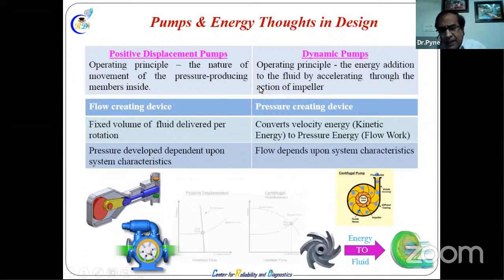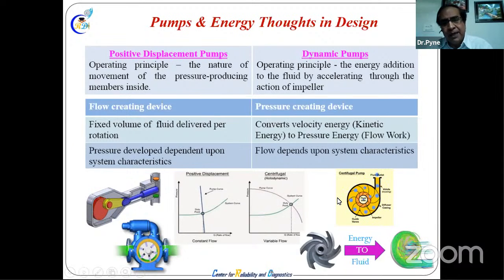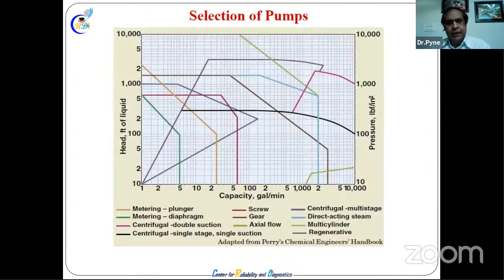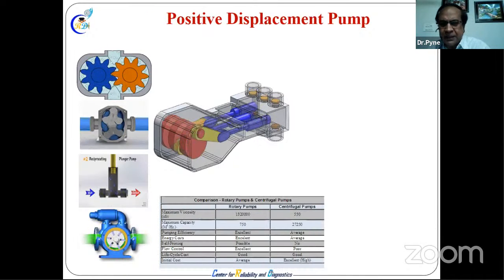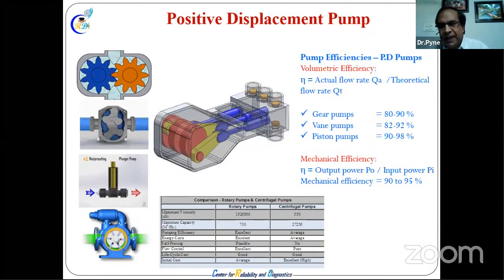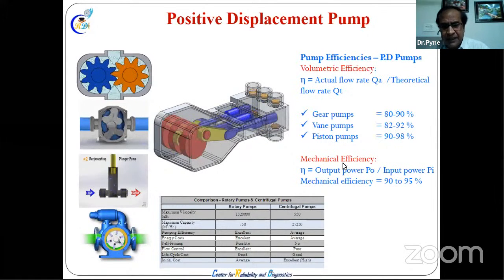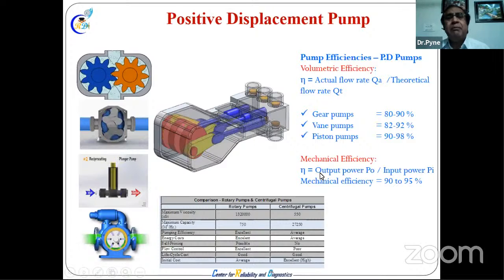And for energy, here is constant pressure if we generally use positive displacement. In centrifugal pumps we have a choice of pressure and flow. That's the way we use dynamic pumps. While putting in energy, the less energy we put in, the more pumping we should get. So selection of the equipment should be like that also. In positive displacement pumps, efficiency of PD pumps is around 98%, mechanical efficiency 90-95%. This mechanical efficiency can be increased by 1%, 2%, a lot of saving through proper maintenance.